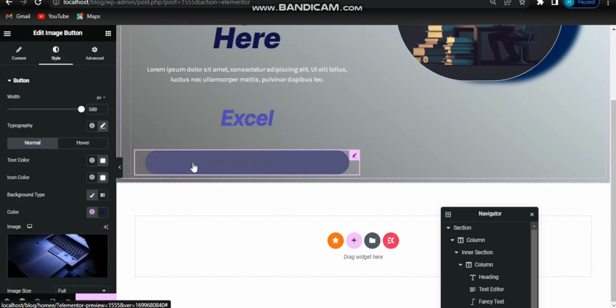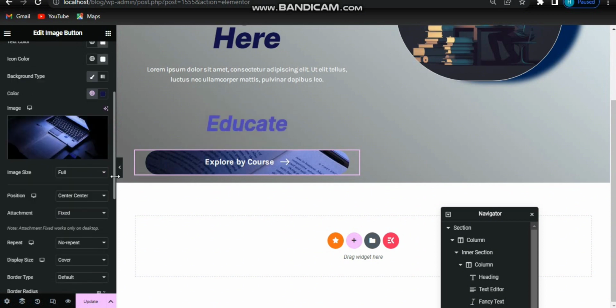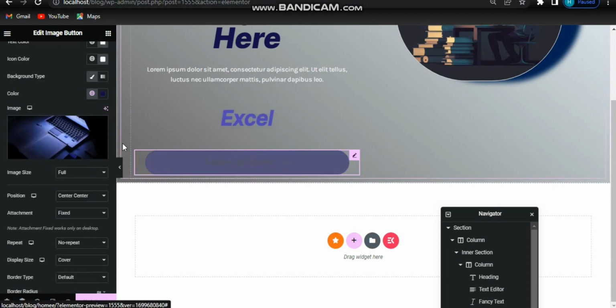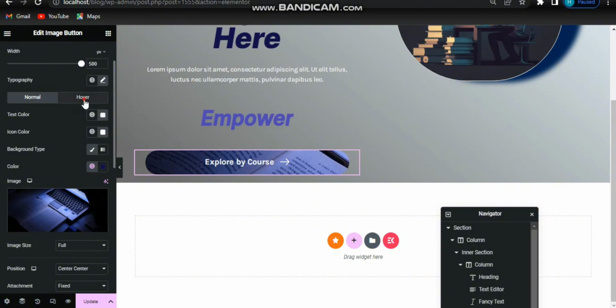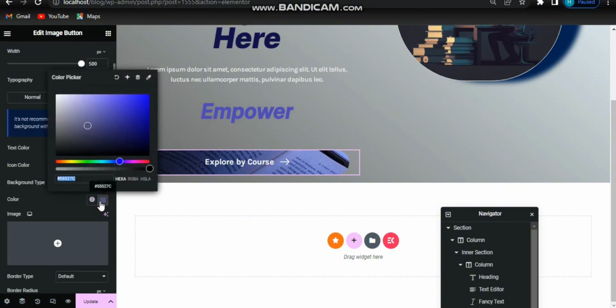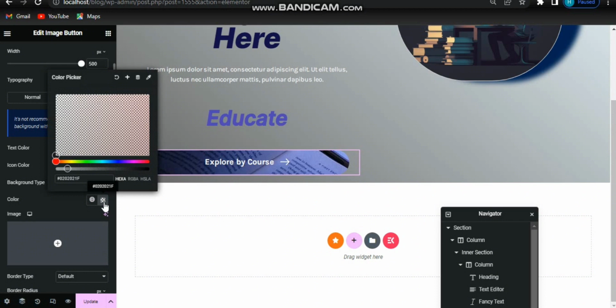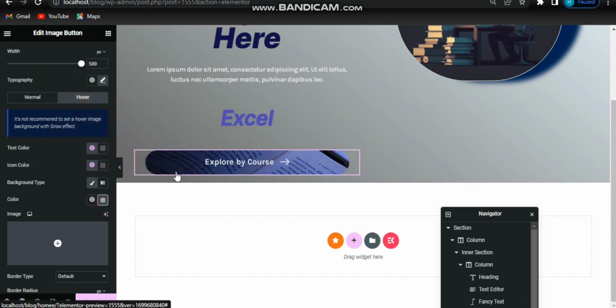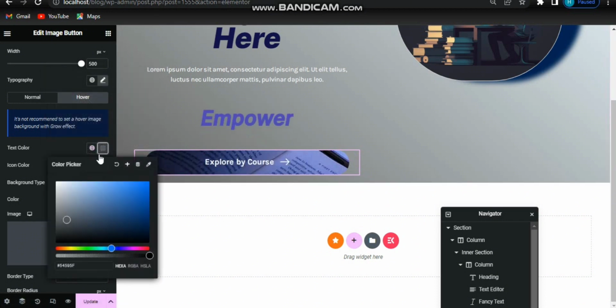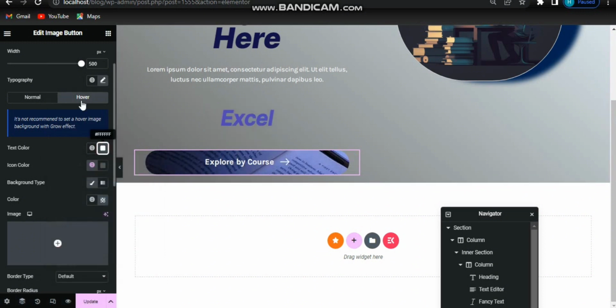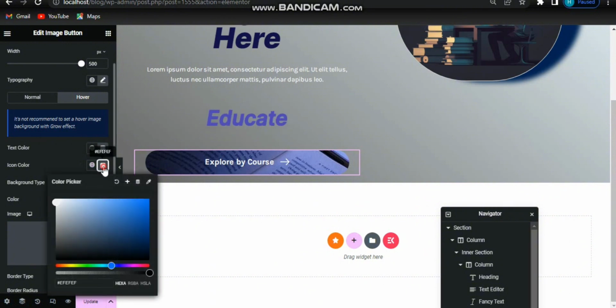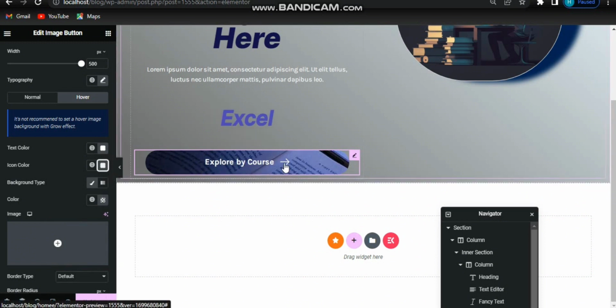When I hover on it, our text is not showing here, but I do not need its grow layer color like that. So from here go to the hover effect, and from here give it a color code, and it is okay. Now also on hover, give it the text color that you want, but in my case I want it the same as normal. And it is till here,